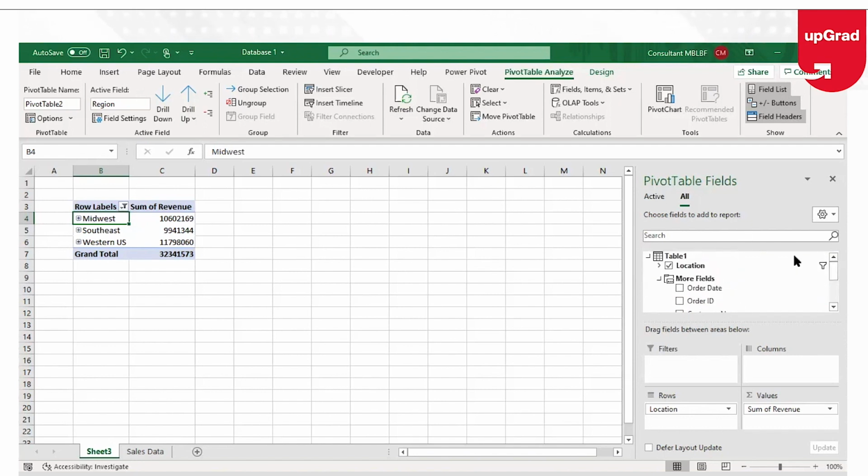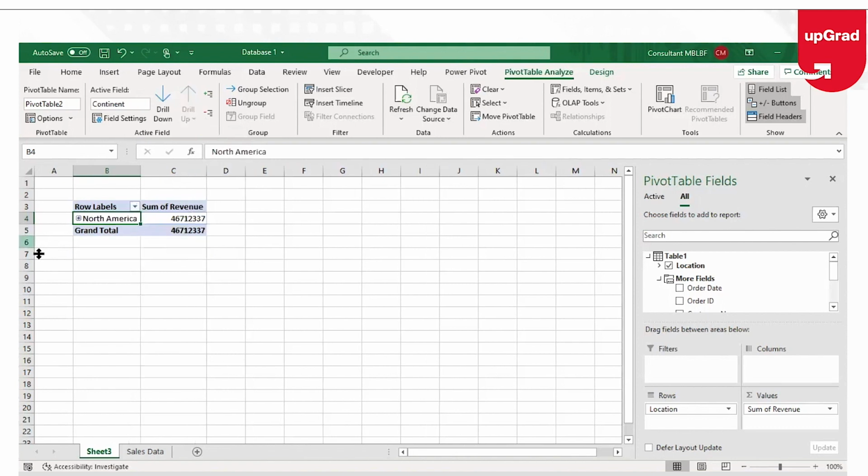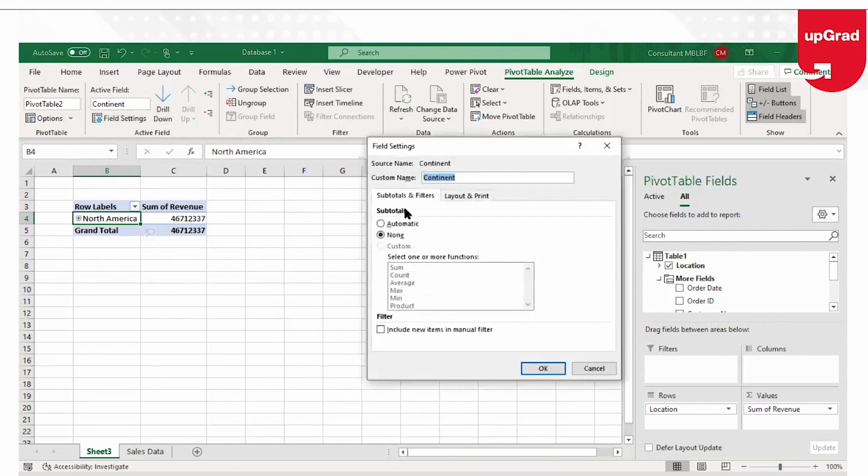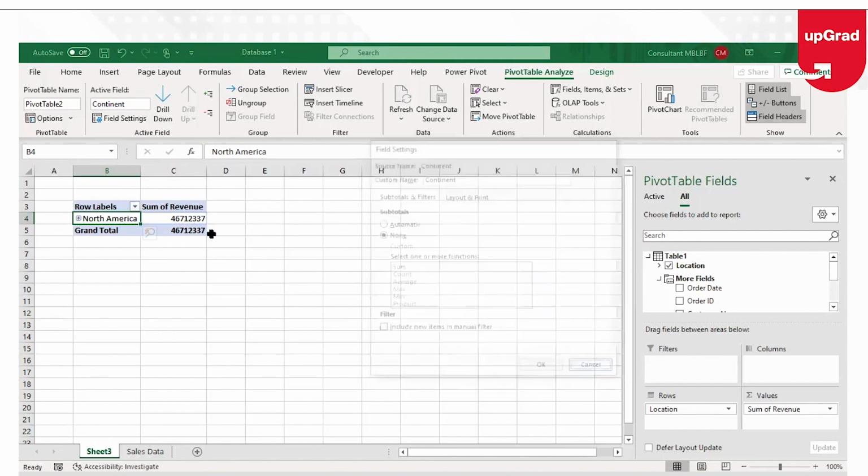If you want to hide more things from your database, it can be simply done by going to the Power Pivot window, right clicking on it and selecting hide from client tool. What I'm going to do is go back and say drill up, and here you get the drill up options. Not necessarily are you going to get into this where you are not able to make any changes, and the rest of the information that you were doing with the pivot table is easily available.